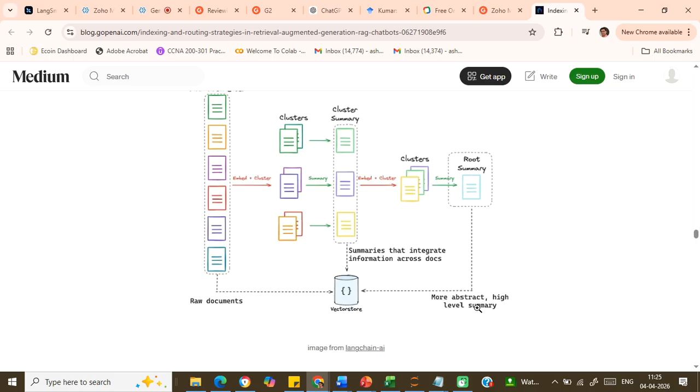The generic questions are answered from the root summary. For more specific questions, the raw documents or cluster summaries are being utilized